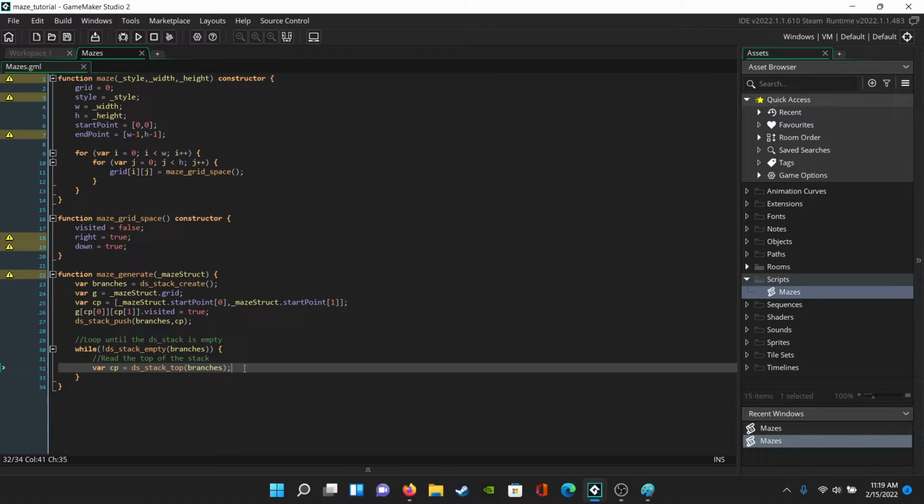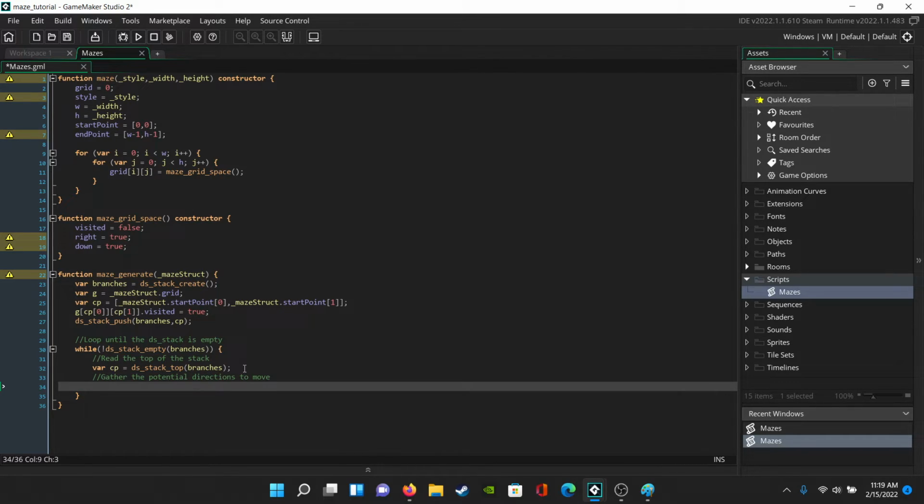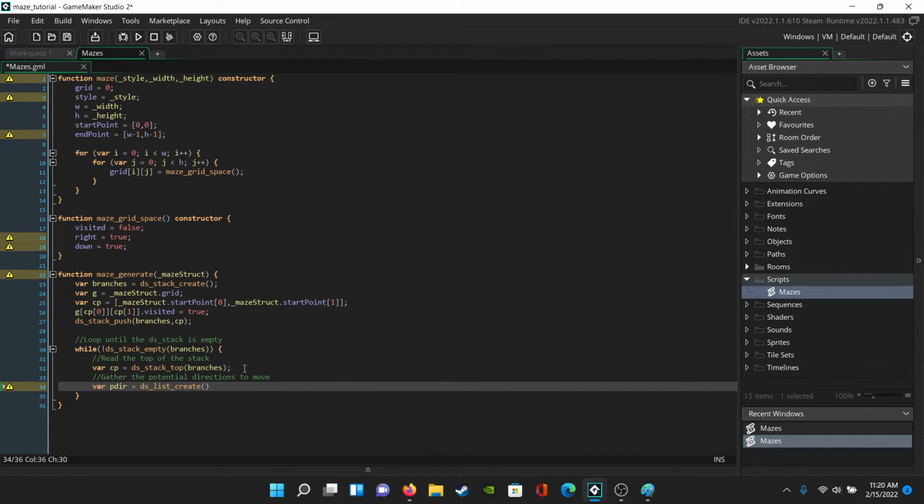So after we get the current point, we need to know all of the possible directions we can move. So we're going to gather the potential directions to move. And this, quite simply, the easiest way I found to do it is to store all of them in a list, because then you can modify the list how you see fit with other styles. Randomness,